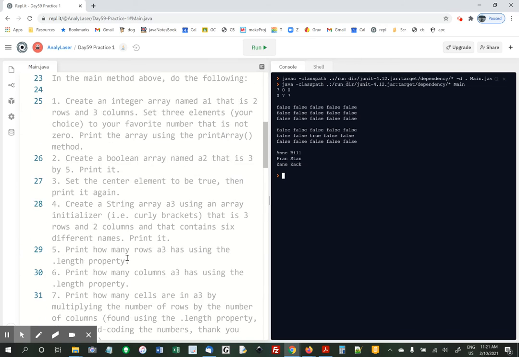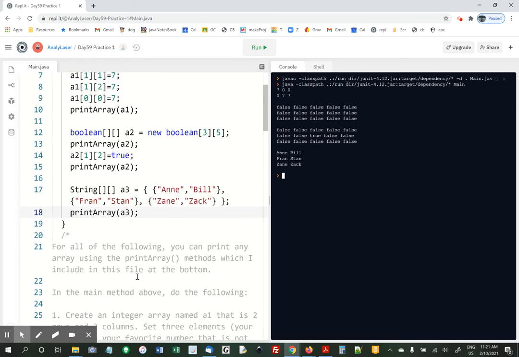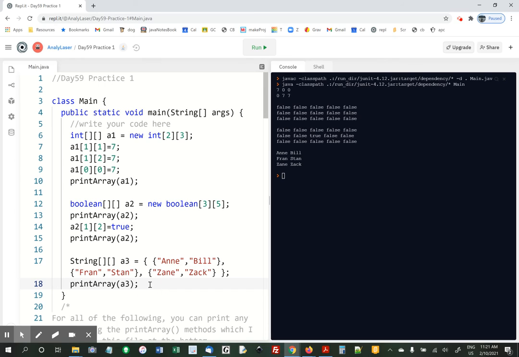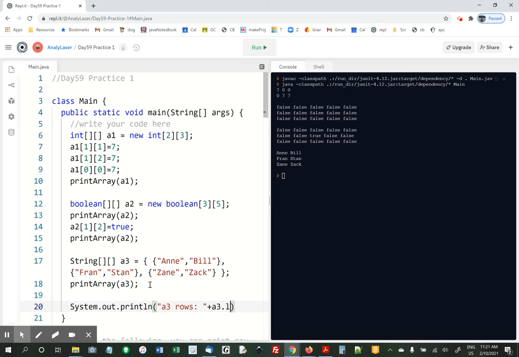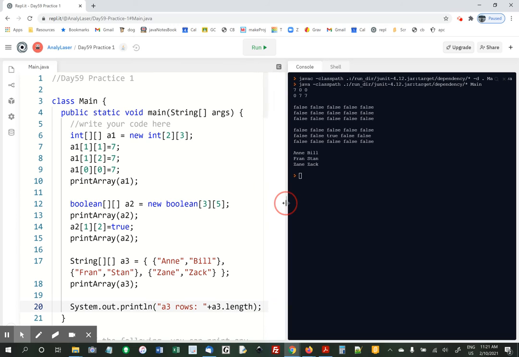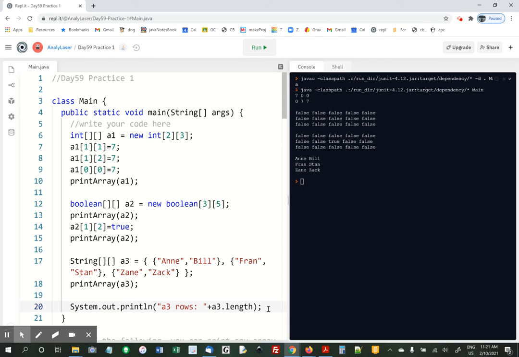All right. Print out how many rows A3 has using the dot length property. And then print how many columns A3 has using the length property. This is for practice. System.out.println A3 rows, A3.length. That's how many rows you have. Just the length of the variable name. And then